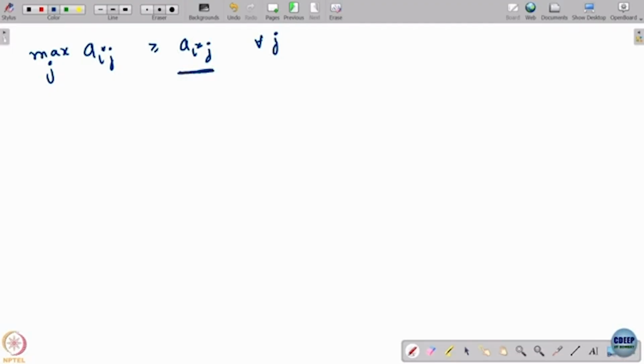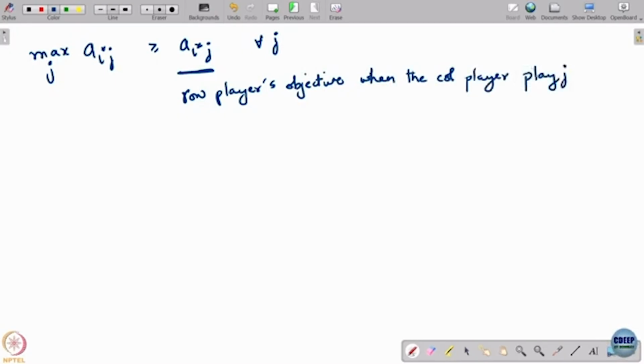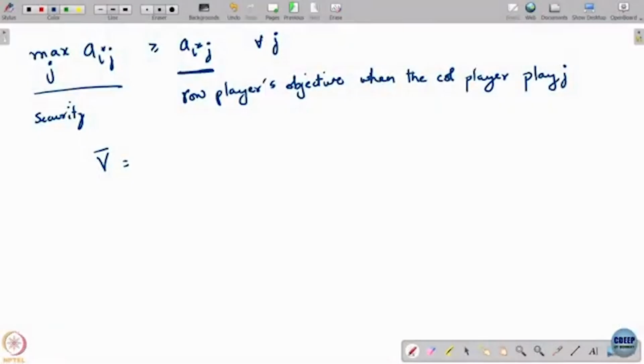So, what is this here? This term is the row player's objective, and the column player plays j. So, when the column player plays any j, what the row player can get is only better than the left hand side here, which is his security level. So, the security strategy basically guarantees him a certain level of his objective, that he can always get a number no worse than this particular number. So, that is why we denoted this by a notation called V upper bar. V upper bar of A